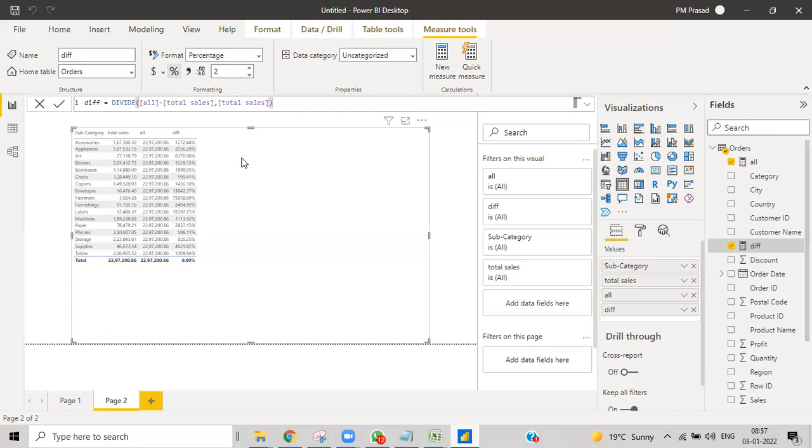But it should not come like that. It should not come like this.